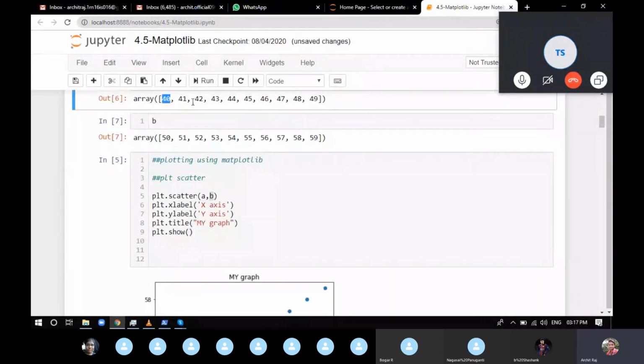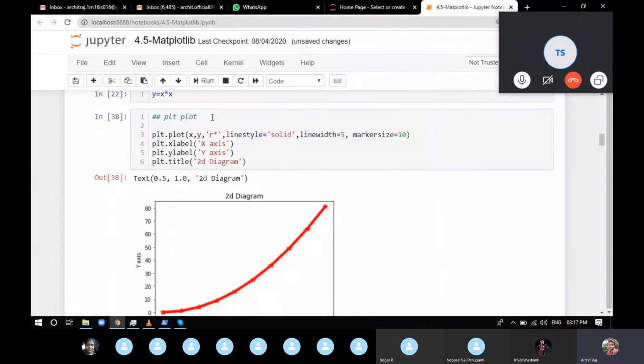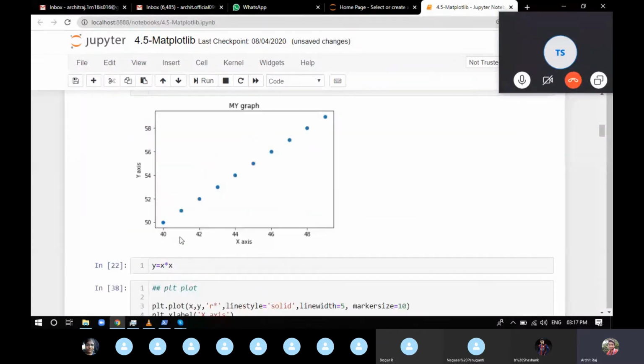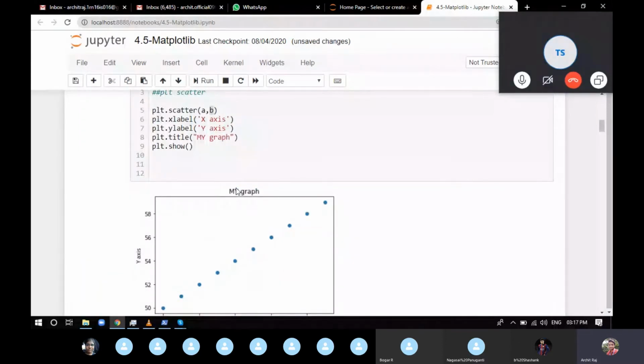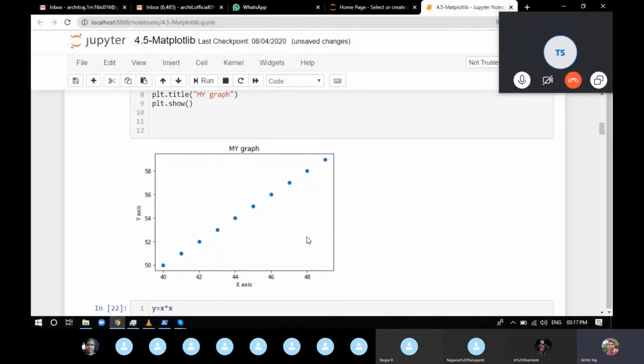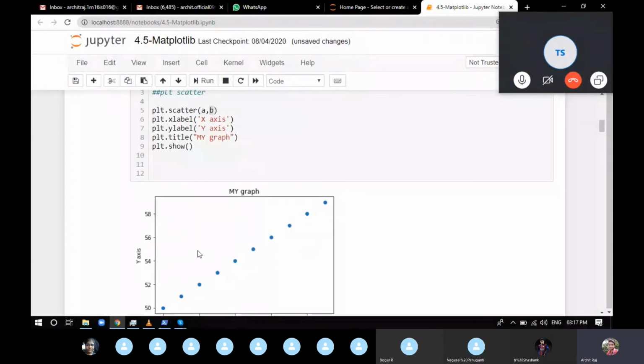We do not have to take care of the axis, like which numbers are going to be present here, because Matplotlib will automatically take care of the scale and how much of the axis should be visible to make your whole graph visible. You don't have to take care of what exactly should be written here. If you don't write the rest, you can just write plt.scatter and it will show you a graph, no problem at all.